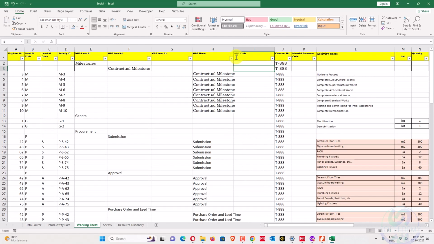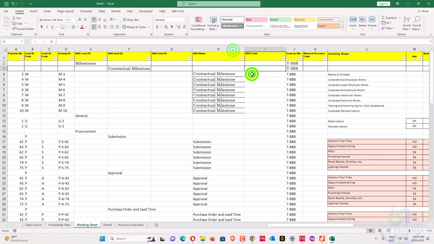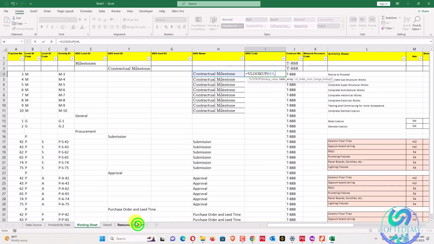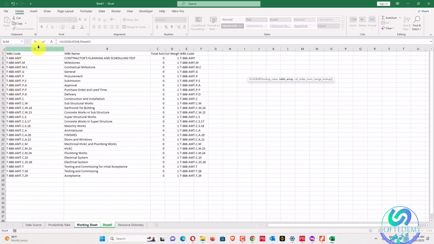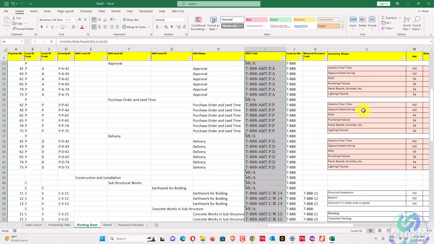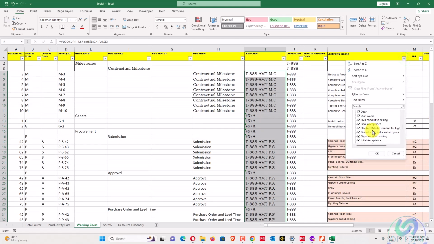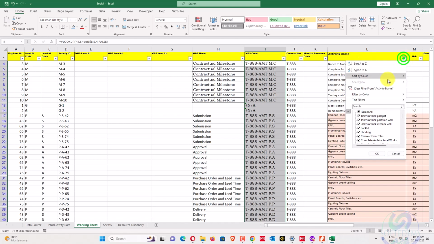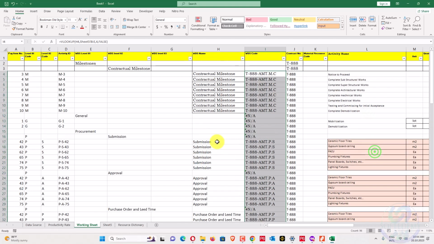WBS code, and these are WBS names, and I will apply VLOOKUP, and this one ahead of this one WBS, and it has to be found at the number of 4 and 4, and this is not equal to, it should be false, and this one is our WBS code. We have copied all here, and I will just drag this one like this.